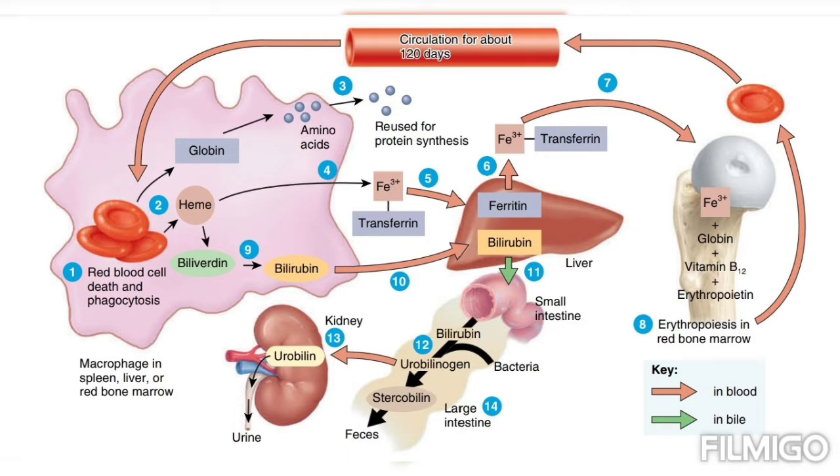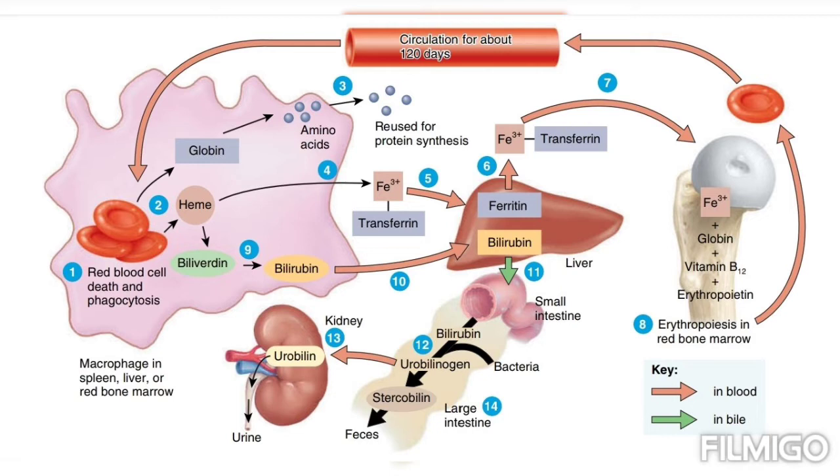The iron that is removed from the heme portion in the form of Fe3+ associates with the plasma protein called transferrin. That is the fourth step. And this transferrin is a transporter for Fe3+ in the bloodstream. Coming to the fifth step, in muscle fibers, liver cells, and macrophages of the spleen and liver, Fe3+ will detach from the transferrin and attach to an iron storage protein called ferritin.